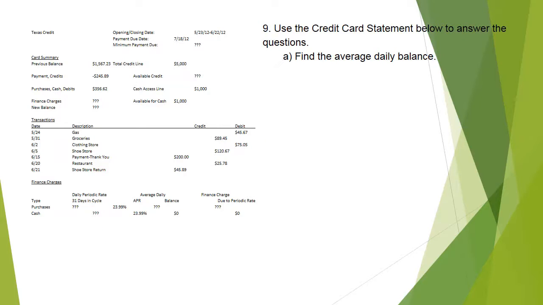All right, our last question is the credit card balance type question. This is often very difficult for students because they have a hard time figuring out what the average daily balance is. I always say start with that beginning balance. I actually did a problem with a longer video for this, so I'm going to go ahead and just tell you that when you calculate all of this, you should come up with an average daily balance of